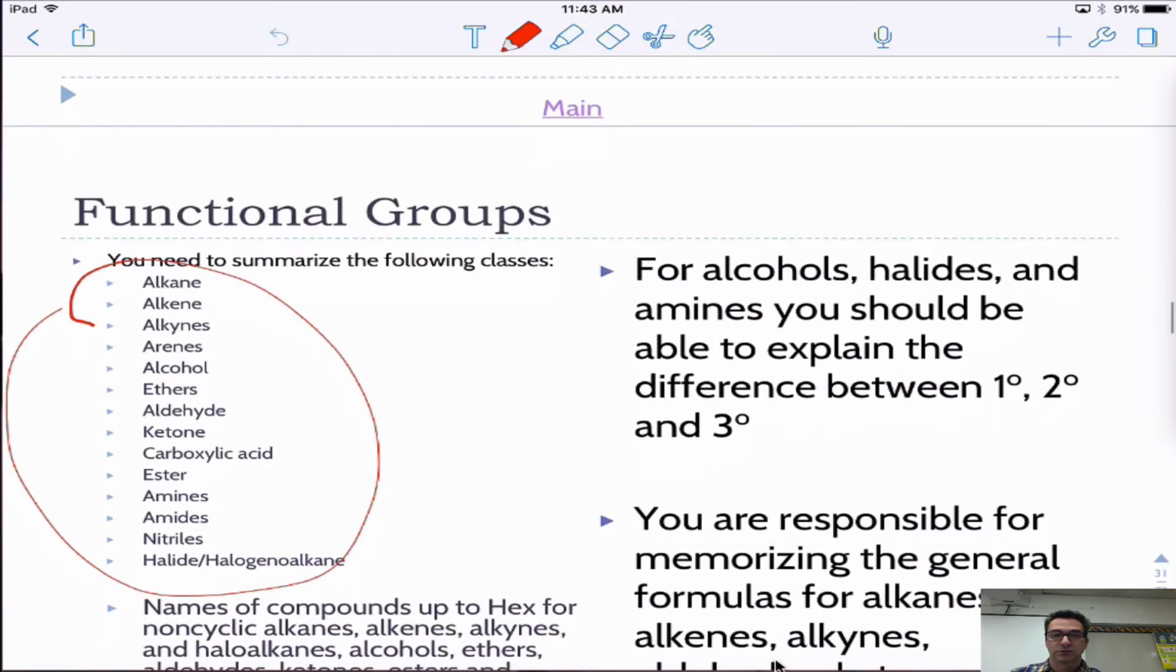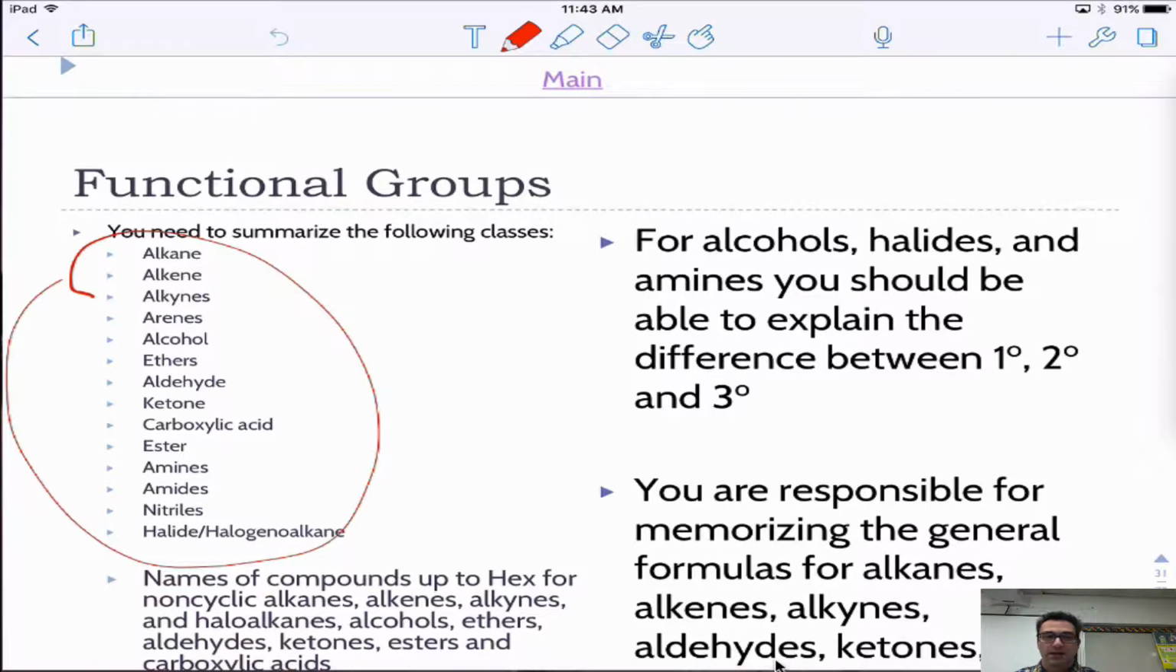Here's a list of them circled from last time. Alkanes, alkenes, alkynes, the arenes, which are those aromatic compounds, alcohols, which have an OH hydroxyl group, ethers, aldehydes, ketones, carboxylic acids, esters, amines, amides, nitriles, and then the halides. Now, there are some that you need to know in more detail, which we'll get into, like alcohols, halides, and amines. You should know the difference between what a primary,